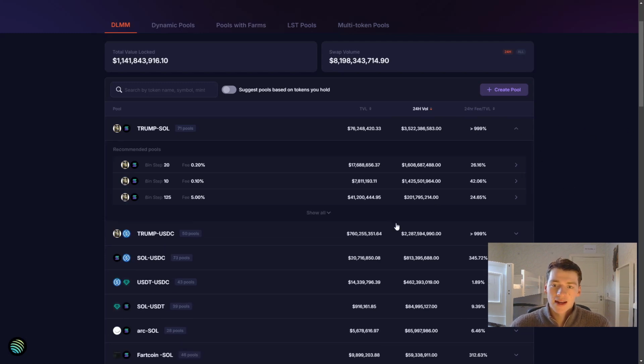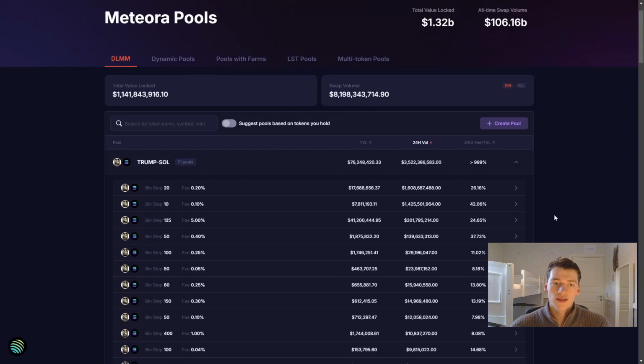Then we click into this and we just click show all, and what we see instantly is there's a couple of numbers, right? So the fee is quite obvious. That's a fee that you charge for providing the liquidity. So on this one here, it's 5%. Even though we would be naturally inclined to want to choose one with 5%, as of course then you're going to be earning a lot more money on all the liquidity that you provide, you need to understand this simple